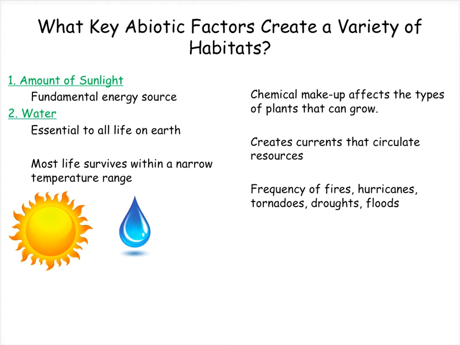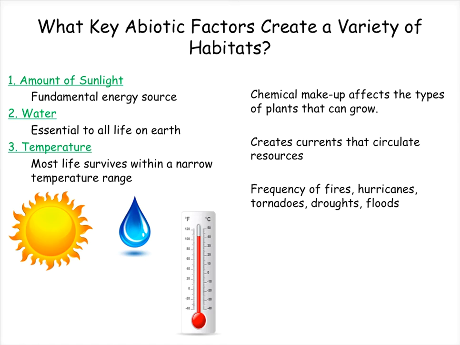The greater the diversity of producers a habitat can support, the greater the diversity of consumers it can support. Next, water availability is an important characteristic of every habitat. Water is essential to all life on Earth, so the amount of water available in a habitat helps determine what types of organisms can occupy that habitat. The next important abiotic characteristic is temperature. Because most living things can survive only within a narrow range of temperatures, the temperature of a habitat dictates which organisms can live there and which organisms must make their homes elsewhere.